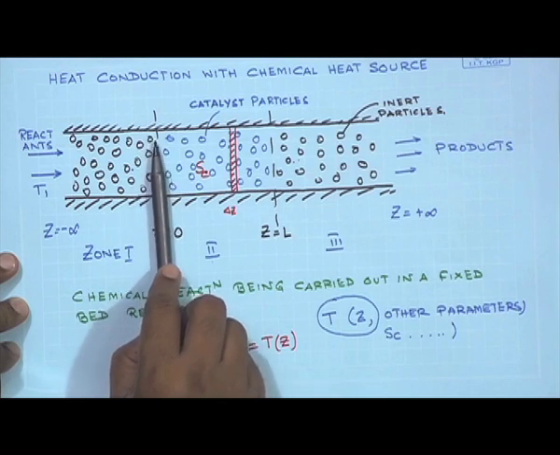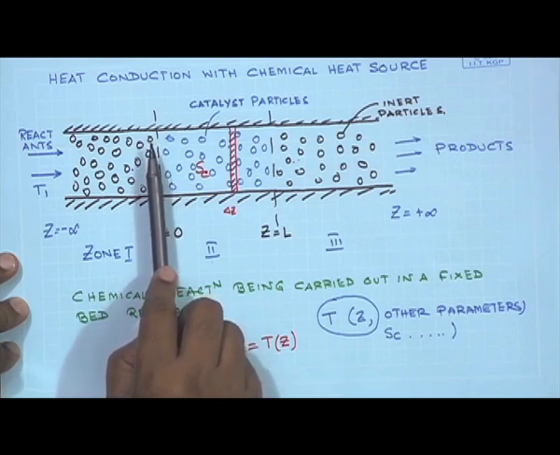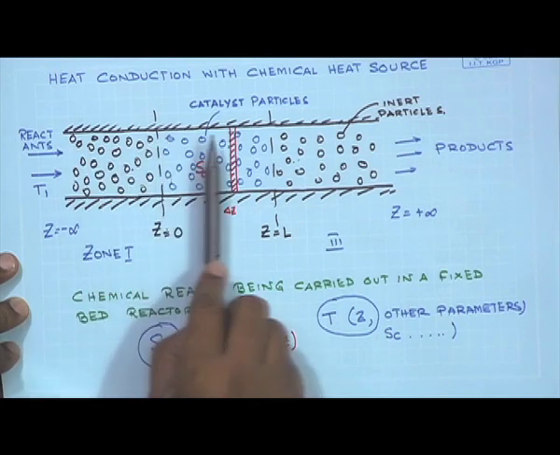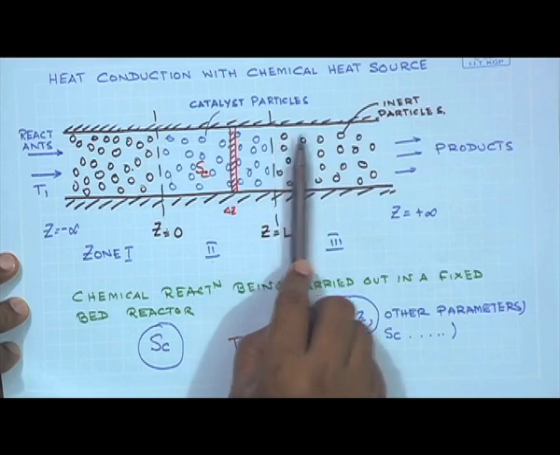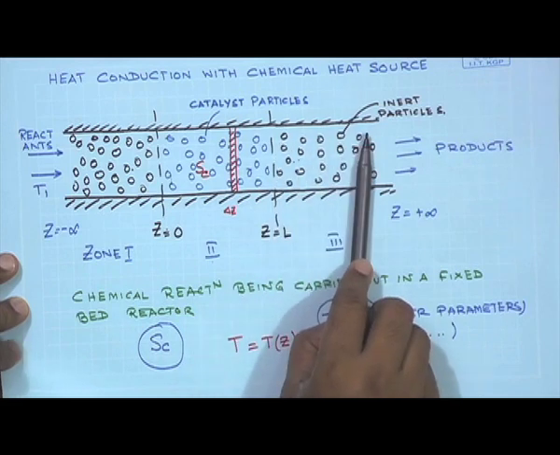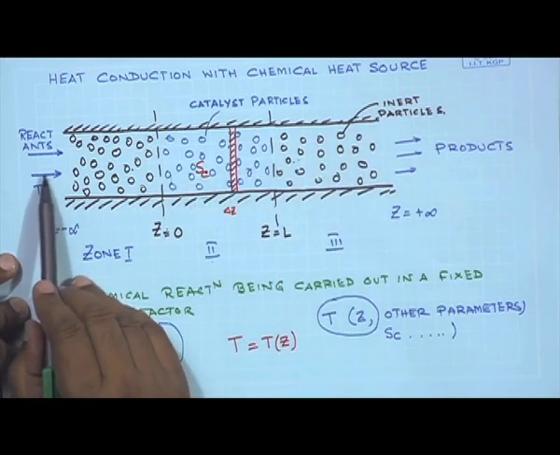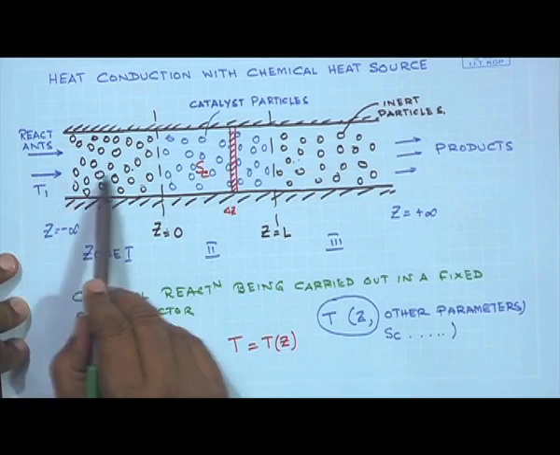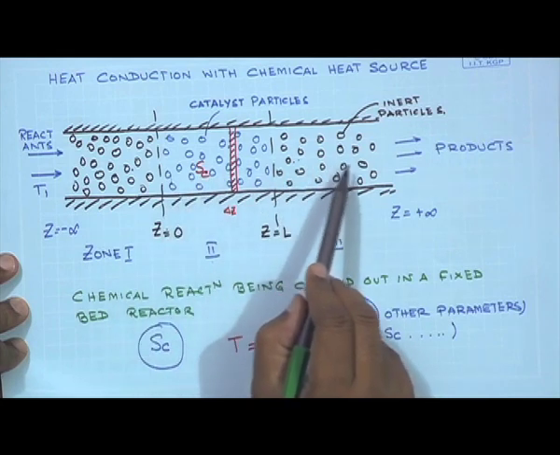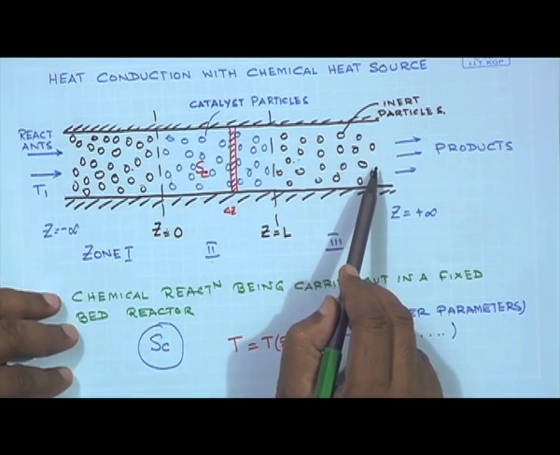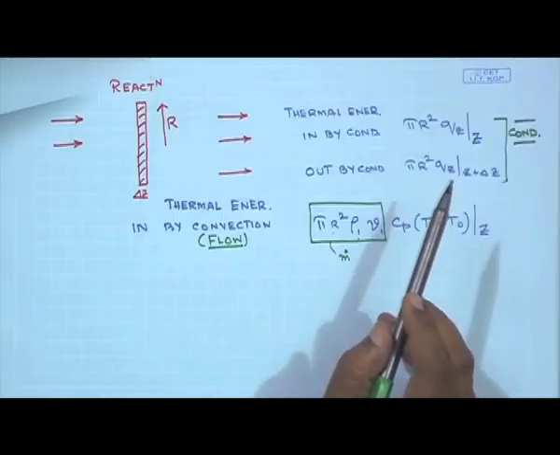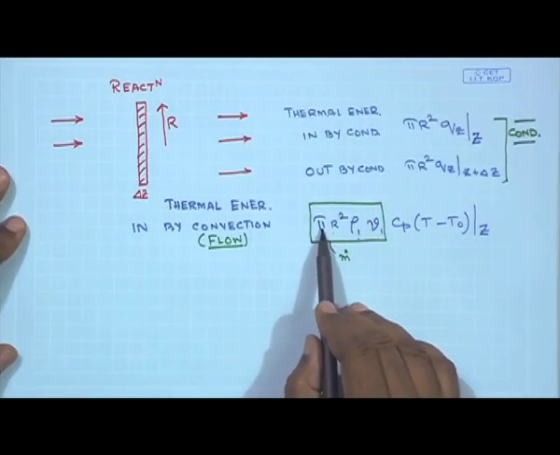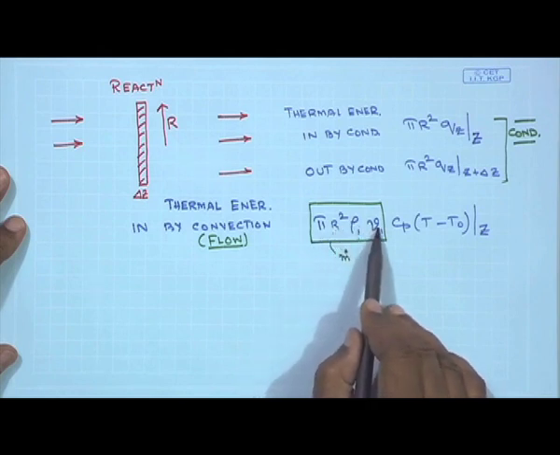Moles may not be conserved because that would depend on the stoichiometry of the equation, but mass will always be conserved at every section of the reactor that I have drawn. So, if I express my mass flow rate in terms of the entry conditions, the same mass flow rate will flow through every section of the reaction system. Therefore, I express the mass flow rate in terms of pi r square rho 1 V1,